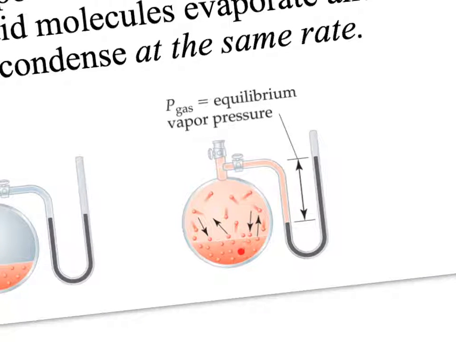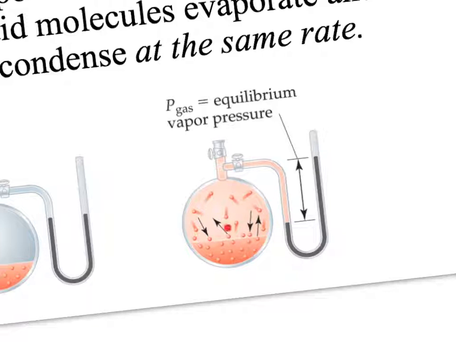So all the molecules in the liquid are moving, and at some point the ones that are near the surface, if they get enough energy, they can make a break for it and they can become vapor. Okay, they have to have enough energy to separate themselves from the intermolecular attractions to the other liquid molecules. So they have to have enough kinetic energy, be moving fast enough that, when they're near the surface, they can separate themselves from the forces that are attracting them to the other molecules.